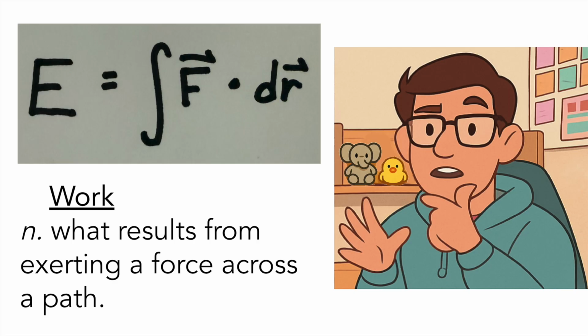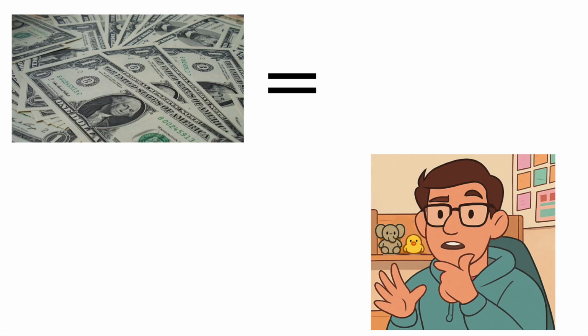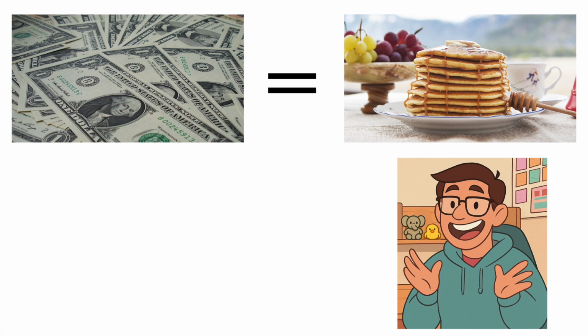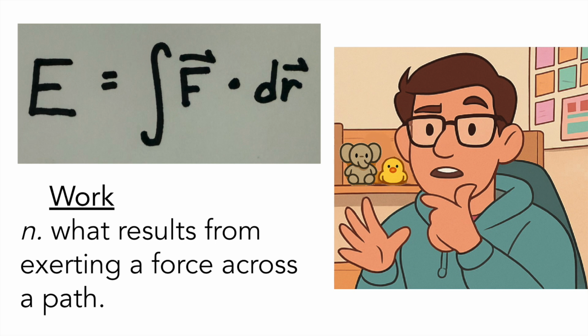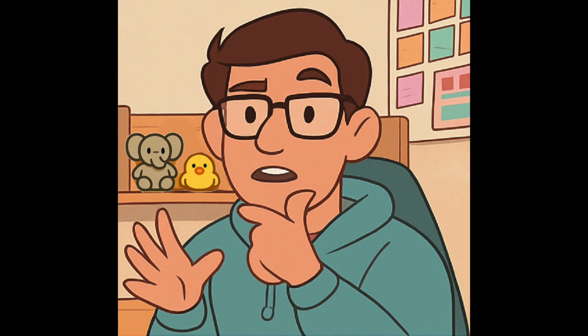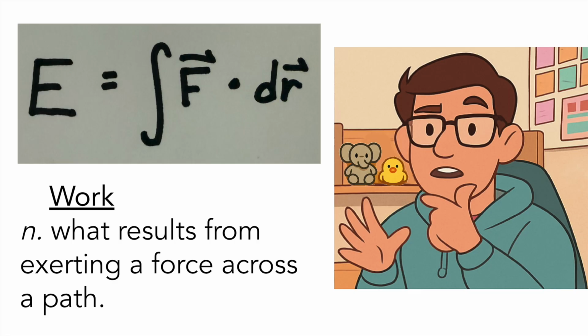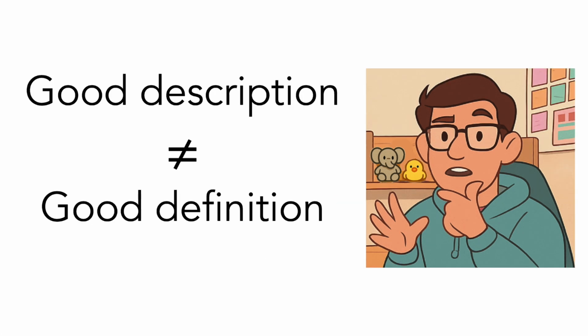So to me, defining energy as the ability to do work is kind of like defining money as the ability to buy pancakes. So it's true that if you want to buy pancakes, you are going to need money, and similarly, if you want to do work on a system, you will need energy. But that doesn't necessarily mean energy is defined by the ability to do work any more than money is defined by its ability to buy pancakes. In other words, even though the equation is true in almost all circumstances, except for the ones that we've just previously discussed, and even though it's a perfectly good description of energy, I would argue that a very good description is not the same thing as a definition.